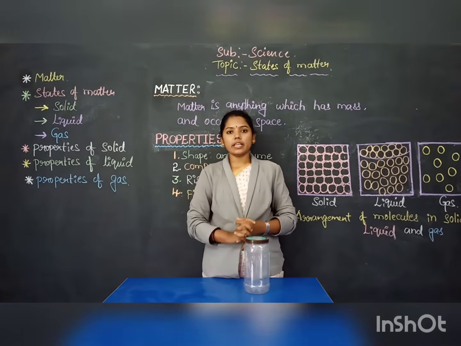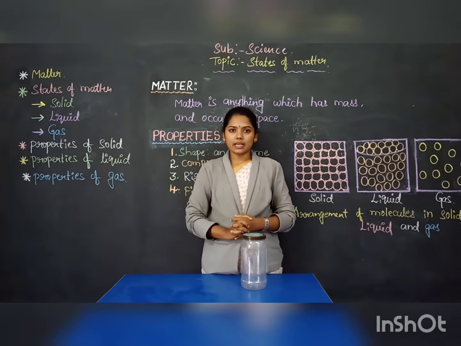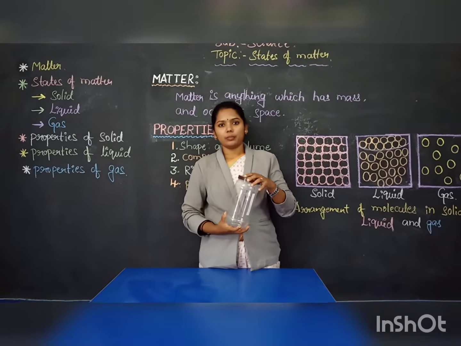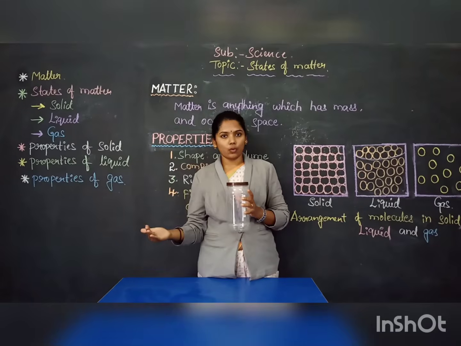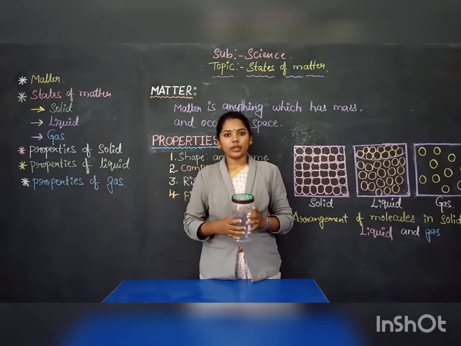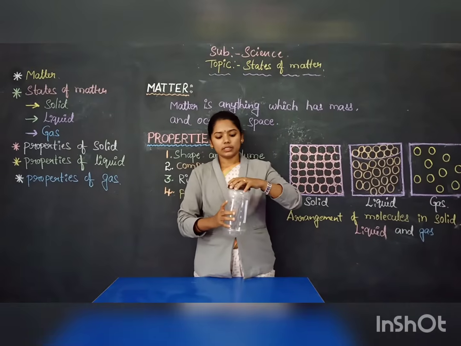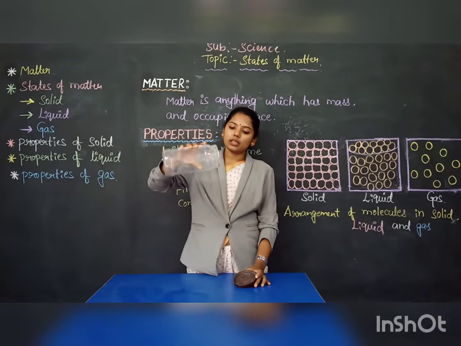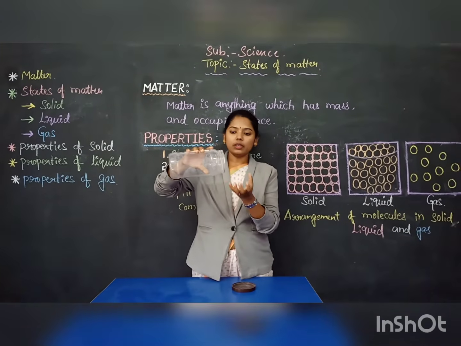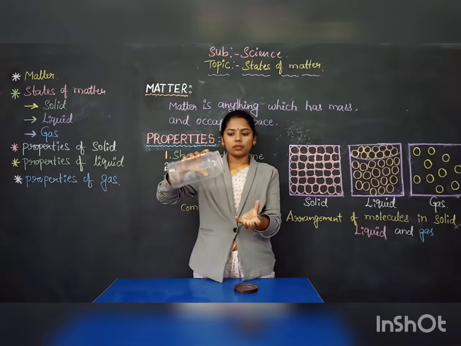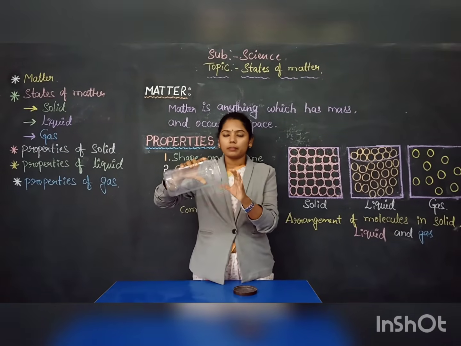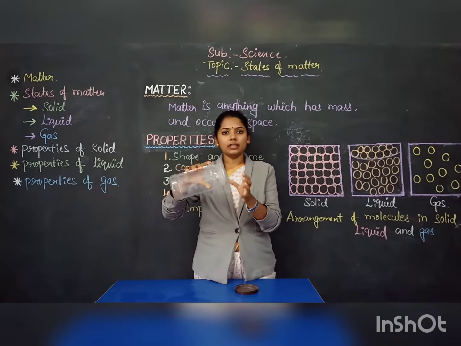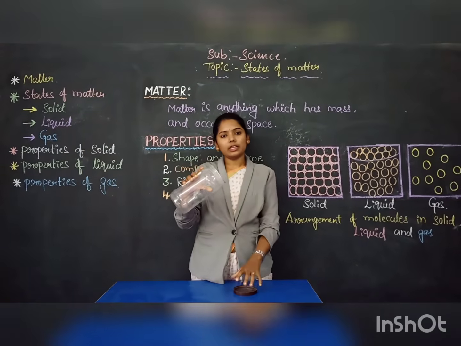And the next property of the gas is whether gases are rigid or fluid. It is a fluid, because you know that fluid means it can easily flow. As you can see with the liquid, in the gas also, the air is a fluid. When we open this, if you observe now, the gas is passing out of the container. But we can't see it because the air does not have a color. If it were colored air, we could see the movement of the air.